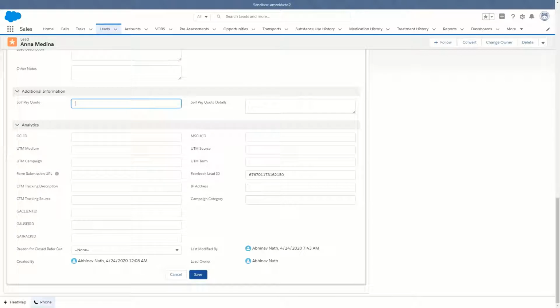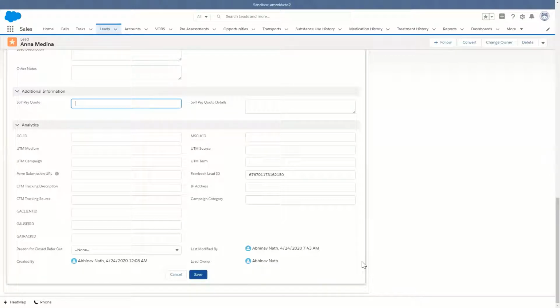So when we integrate your phone system with Salesforce, as long as your CTM is integrated with Google or any of the other platforms that they have available, we can pull in all these different analytic options. We might want to know what the GCLID was, or the UTM parameters or anything like that. And then these fields could be used to show that maybe this Google campaign with this search keyword resulted in a higher conversion rate. And then at the end of the day, when you have these marketing reports, you're going to be able to know,